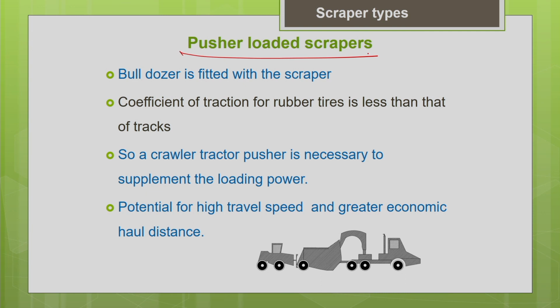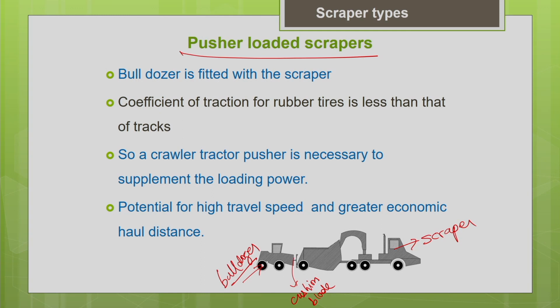I have shown the schematic sketch earlier. This is your scraper machine which is leading, and the trailing one is your bulldozer. Hope you remember what type of blade you will fix for assisting other machines. You are using a cushion blade, C blade. C blade is attached to the bulldozer just for pushing or assisting the other machines.